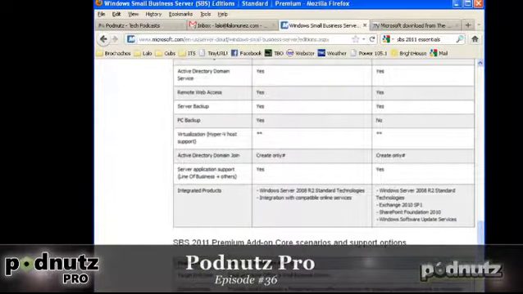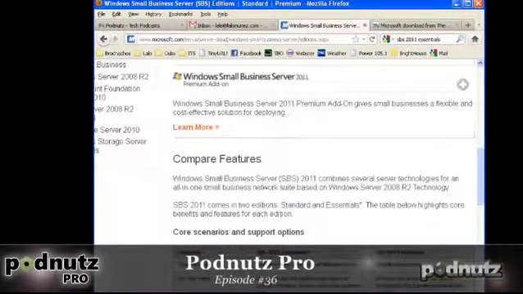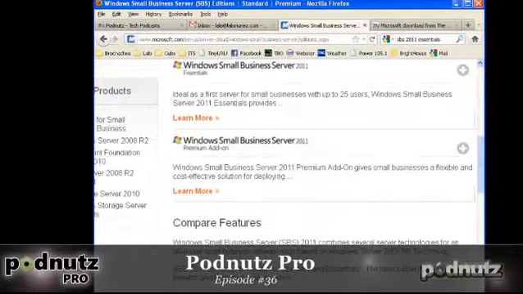Then Standard comes with WSUS, which is Windows Server Update Services. SharePoint has changed, as Matt said, 2010 Service Pack 1. And Essentials does not. So yeah, they want you to use Office 365 for that. Gotcha. Cool, man. Which is fine. I like hosted Exchange. We have clients on hosted Exchange now that don't have any servers on site, so I'm able to provide them with